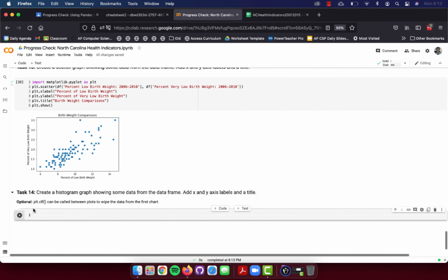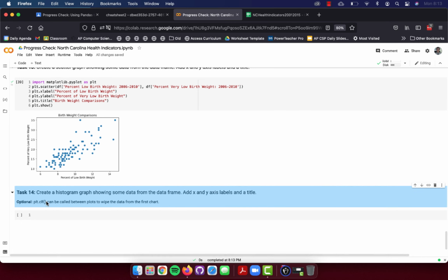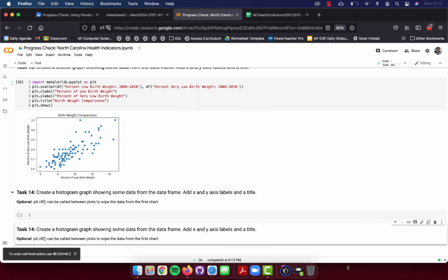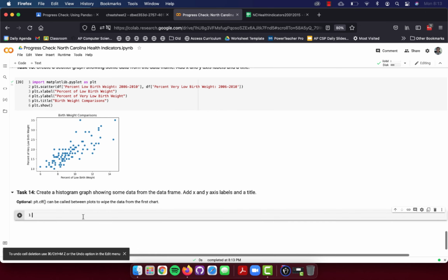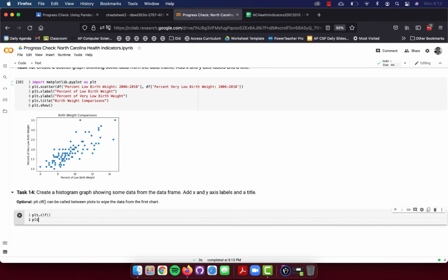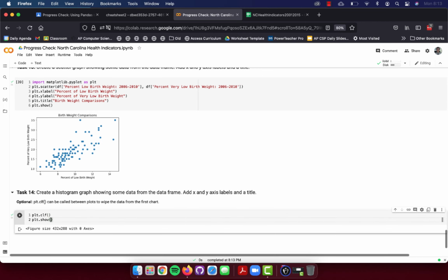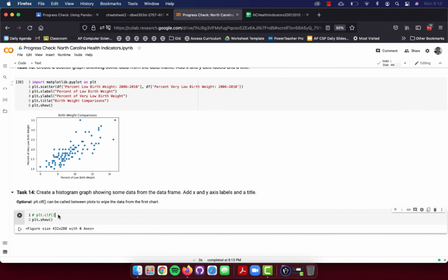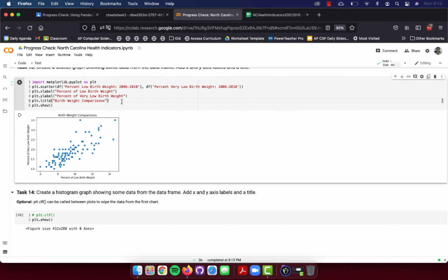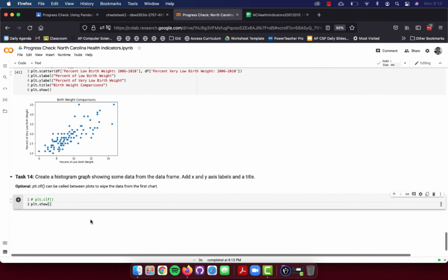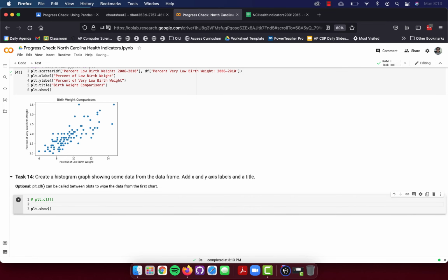This won't really apply since I think we'll be fine, but if you wanted to clear the figure, you could do a plt.clf, copy my text cell, plt.clf would clear your, if you did another plt.show. Okay. So if I didn't do the clear, I would see plt.show, that data still exists, I do my next, and sometimes it will show the data you already had. So we can do a plt.hist